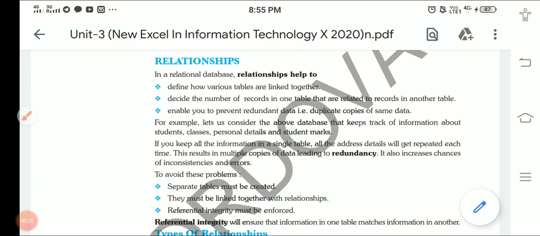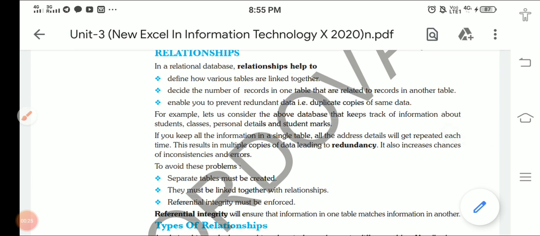Children, we have discussed MS Access from the very beginning, and there we discussed that we are creating data and maintaining the data in the form of tables. Why are we maintaining data in the form of tables? Because MS Access provides us the facility that when we require, we can link these tables. So the linking of the tables is known as a relationship.